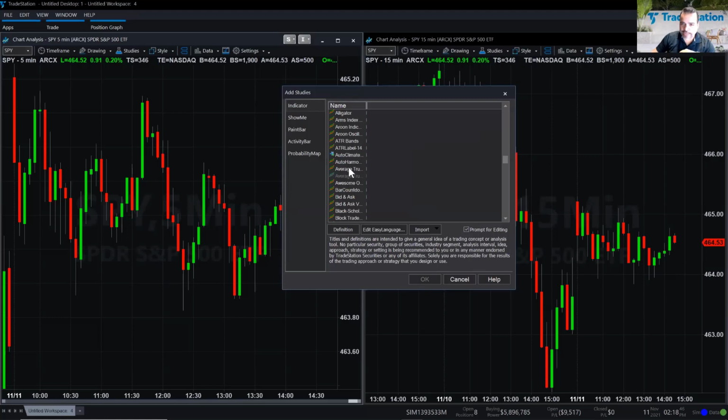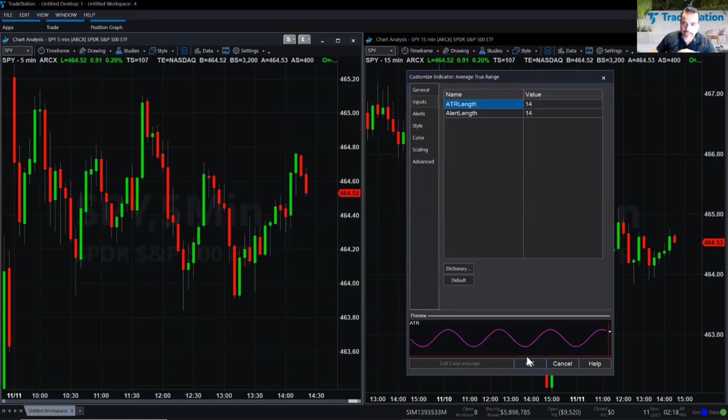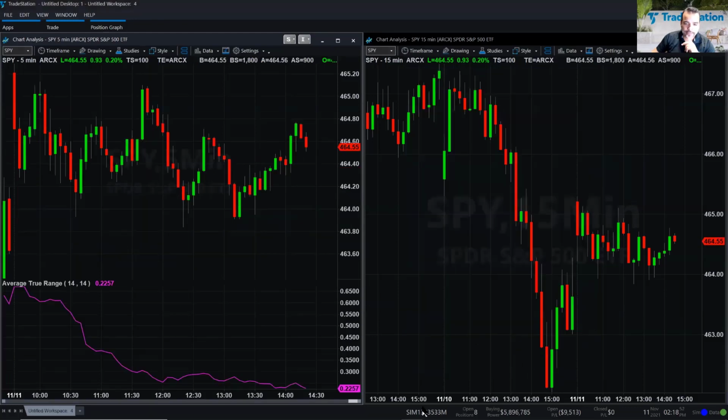And let's go here to average true range. I'm just going to use the default settings, which is the last 14 bars. Take a look at the average true range right here at the bottom. I'm getting a reading of 0.22. What does that mean for Spider on a 5-minute time frame? It just means that on a 5-minute interval, Spider moves about 22 cents on average if you take into account the